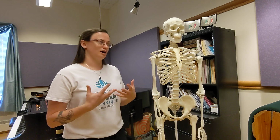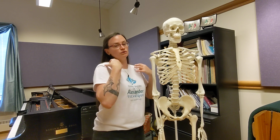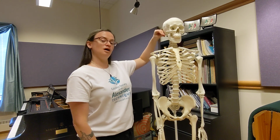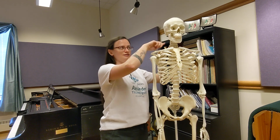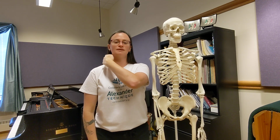What I found with this particular student was that he had a very strong habit of pulling his shoulders down. So a lot of the way that I worked with him on this was in being able to release those pulls down. In the same way that we can pull up, which is really in the neck muscles, that pulls the shoulder up. So on me here,